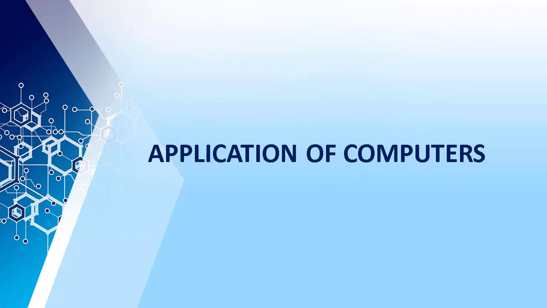The next topic we studied was applications of computers. Computers are used in schools and colleges, in banks, in offices, and in industry. Computers are also used in business, in entertainment and news, in satellite communication, in publishing and traveling, and in hospitals. So computers are used in different areas. These were the topics we learnt in our previous two classes, and this chapter is completed. We will go to the next chapter in the next class.